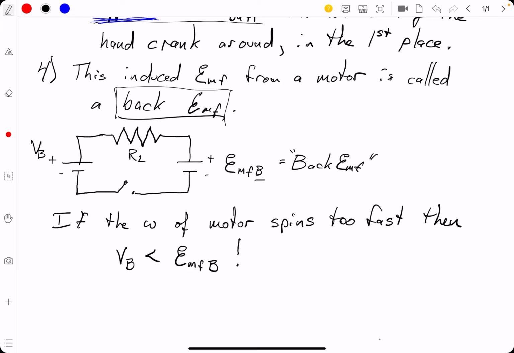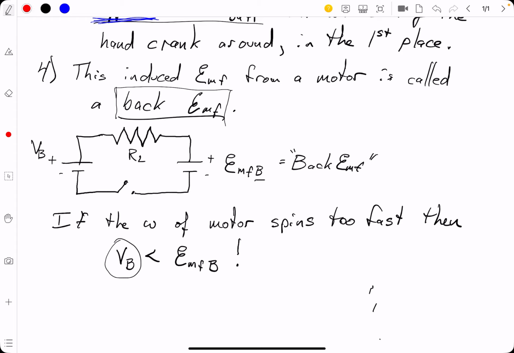So the omega has to stay small, or else we're going to get an omega spinning too fast. And if it goes too fast, then that V battery is overwhelmed, and the EMF,